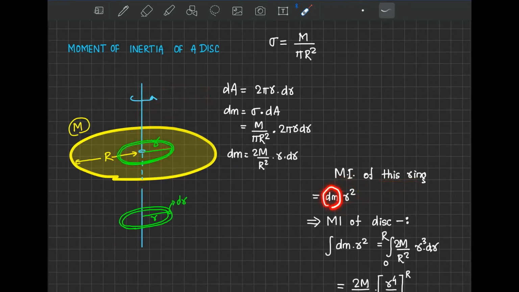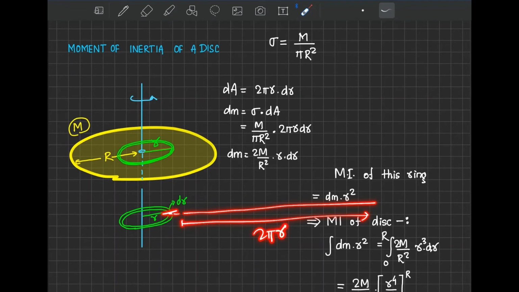But we need to find this dm. How to find this dm? Here we have drawn the element separately. At a distance r, we choose an element of thickness dr. So this thickness is dr, and its perimeter is 2 pi r, right? It is a very thin ring. Consider it like a wire. Now we need to find the area of cross section of the wire. Let's cut it from here, and if we stretch it, then the length of the wire will be 2 pi r, and the thickness of the wire will be dr, correct or not?